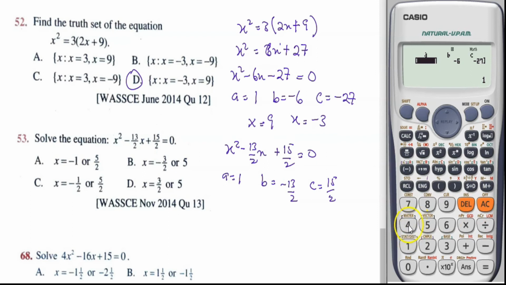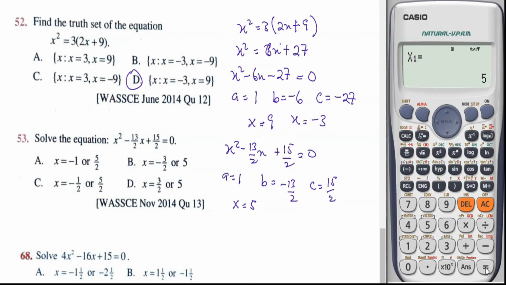We have 1, enter. Then we have negative 13 over 2, enter. Then we have 15 over 2, enter. We press the enter button again, so we are getting the answers as x equal to 5